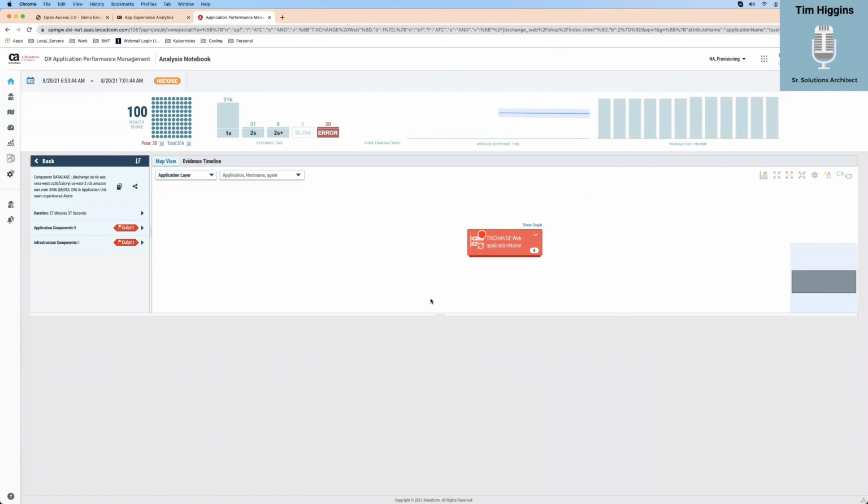And now we're in what we call debug mode of APM, or what I call debug mode. Somebody may call it something else. The true term is analysis notebook, but to me, it's for debugging. And remember that whole time versus effort? In the analysis notebook, APM tries to tell me the what, when, where, and how.